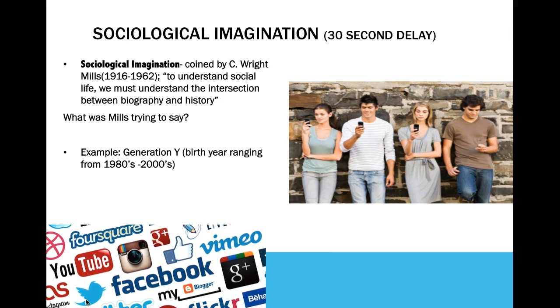But the way that you experience life in the 1950s all depends on your biography as well, your gender, your culture, your race. Another point that I wanted to make about the sociological imagination is that major social events have an impact on our lives. So just think about the economic recession of 2008 and how different our lives would be if the stock market had never taken a tumble. Or how different our lives would be if 9/11 never happened.